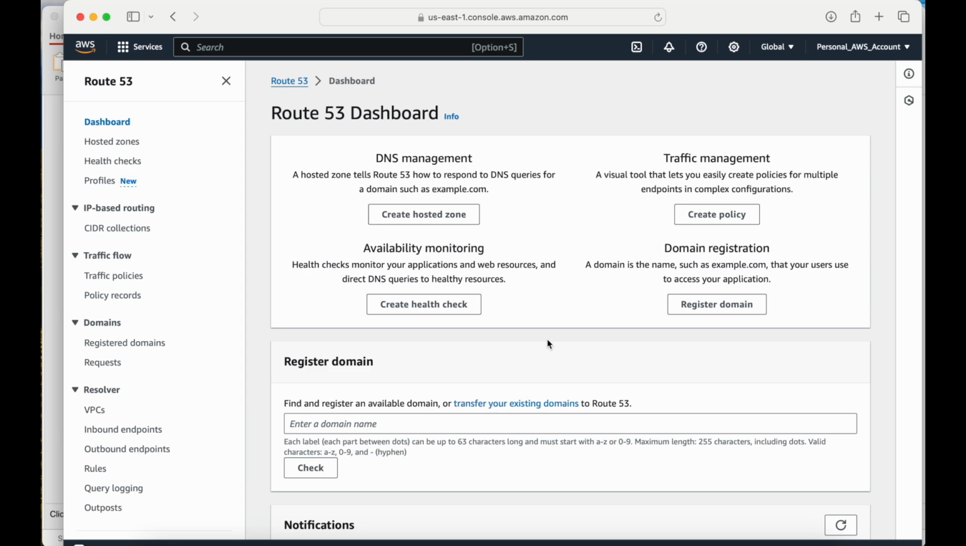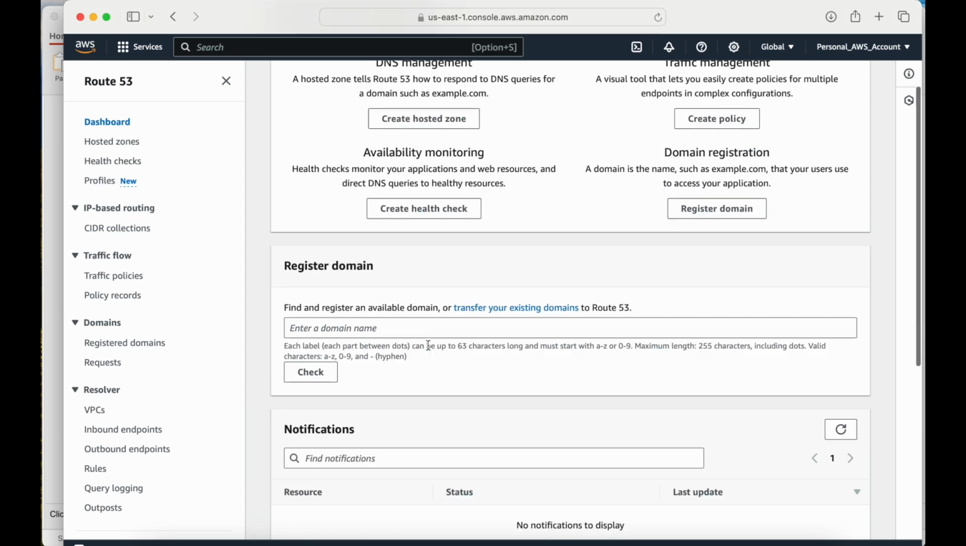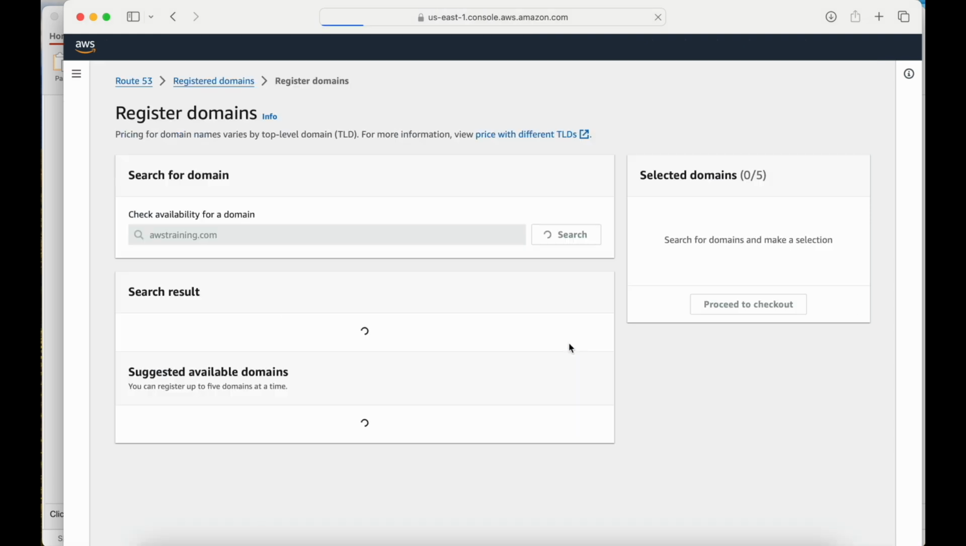It will give me an option here to register a domain. So why not just go ahead and register a domain? It has options for registering a domain or transferring existing domains. So I'm going to create a new domain for this particular training. I'll try to see if AWS training is available, which probably is not